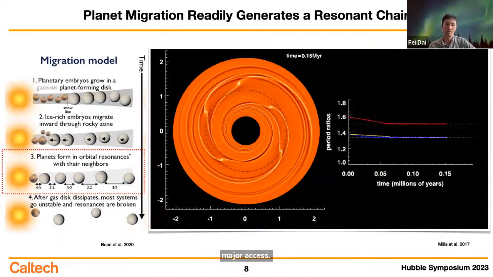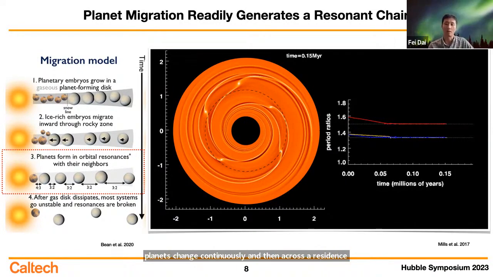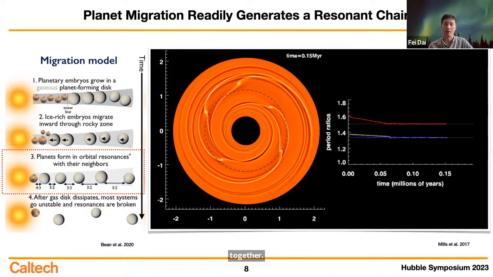If multiple planets are forming and migrating simultaneously, then the period ratio between neighboring planets changes continuously, and they may cross a resonance. Once the planets are near resonance, the mutual gravitational interaction between the planets gets amplified and acts as a potential well that traps planets together. And once planets get caught in this resonant lock, a pair of planets can migrate in unison towards the central